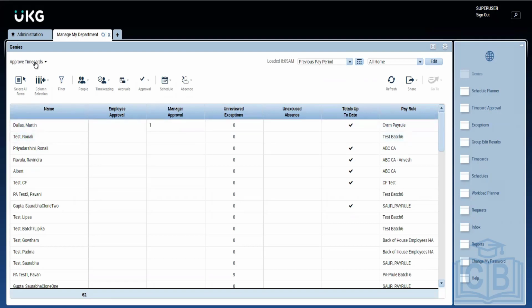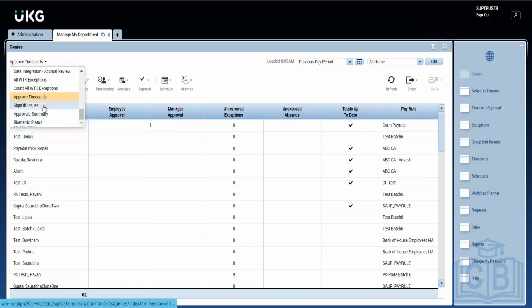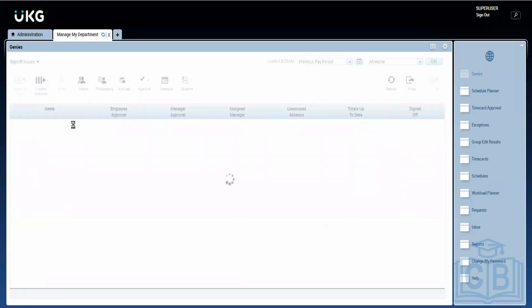So genies will pull the employees with different views. Each genie has a specific view. Approved time card is basically to see whose time card has been approved and whose time card has not been approved. If you go to sign off,